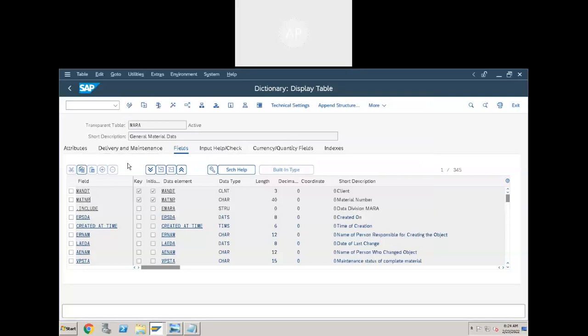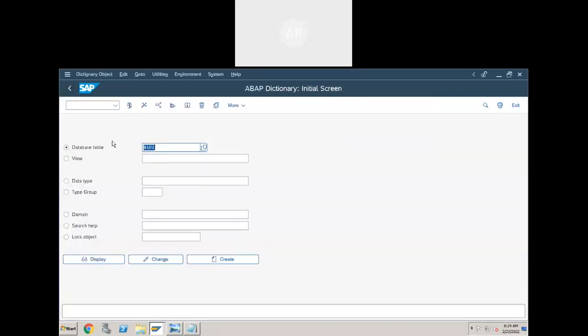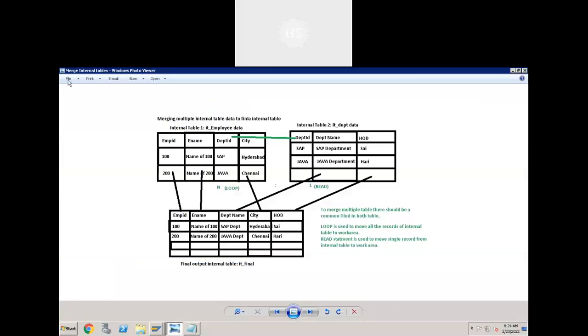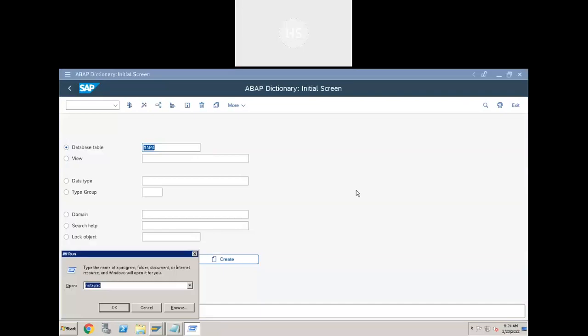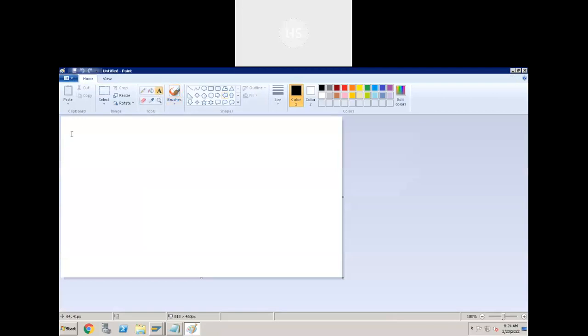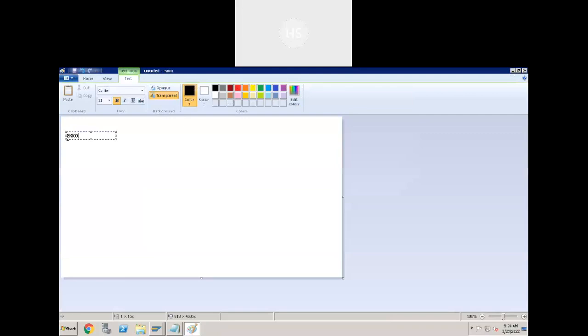EBELN. EBELN is the common field. So we can link the first table and select the second table using EBELN.